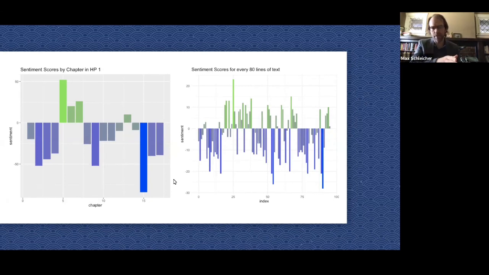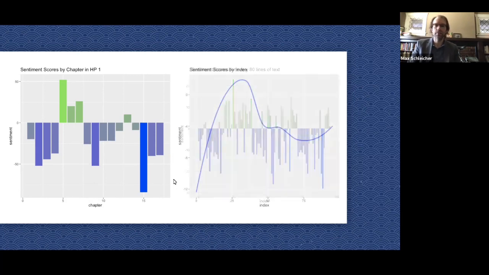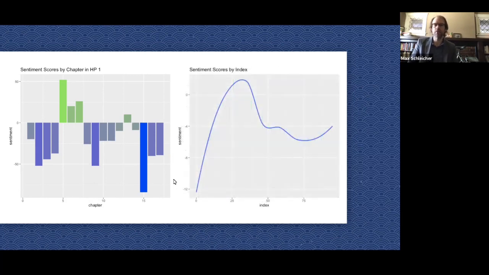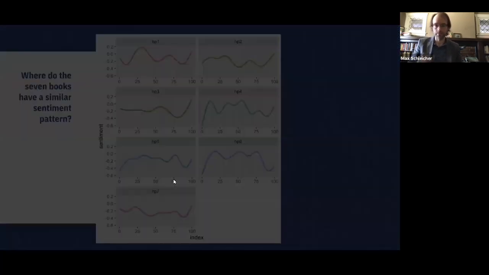So we've looked at it zoomed in, but let's zoom out even further and, for what it's worth, see what it looks like if we just look at the general ebb and flow of it in the broadest sense. And so we do a moving average or something like that. And we just get a general shape of how the emotion rises and falls. And so this will be maybe helpful for us to compare the different books to each other. So if we do that,